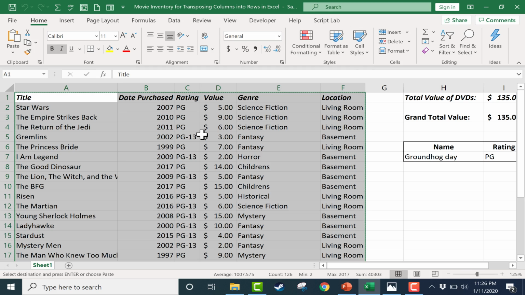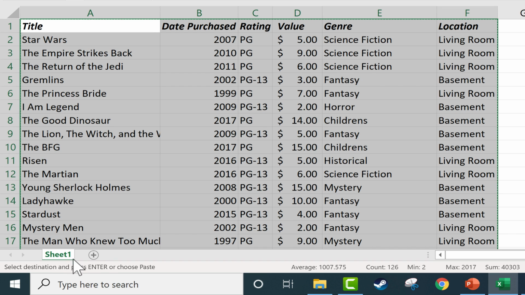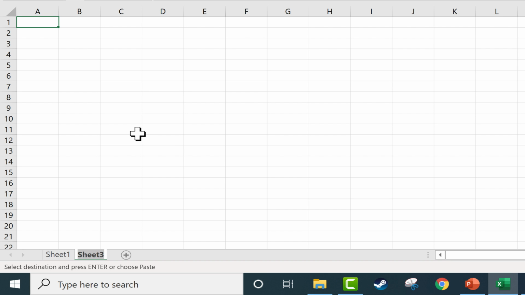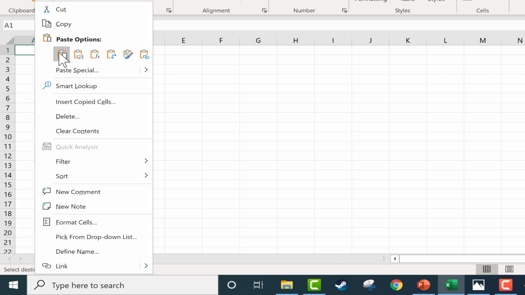Next, in order to transpose this in a clean way, I'm going to recommend going to a second sheet. So I've been working on sheet 1, but I can click on this button here to add a second sheet. It called it sheet 3, but I'm going to rename that and call it sheet 2. And now I'm just going to go to cell A1, and now I need to paste in the data, but